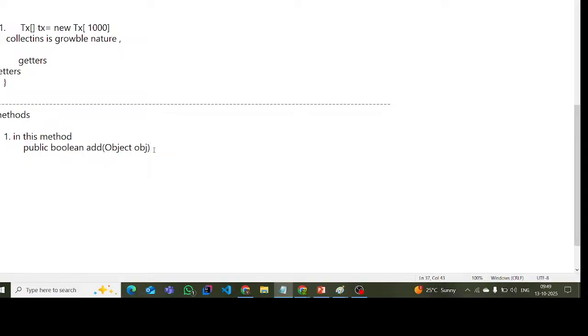Who is the superclass for all classes? Object, right? Object is the superclass for all classes,